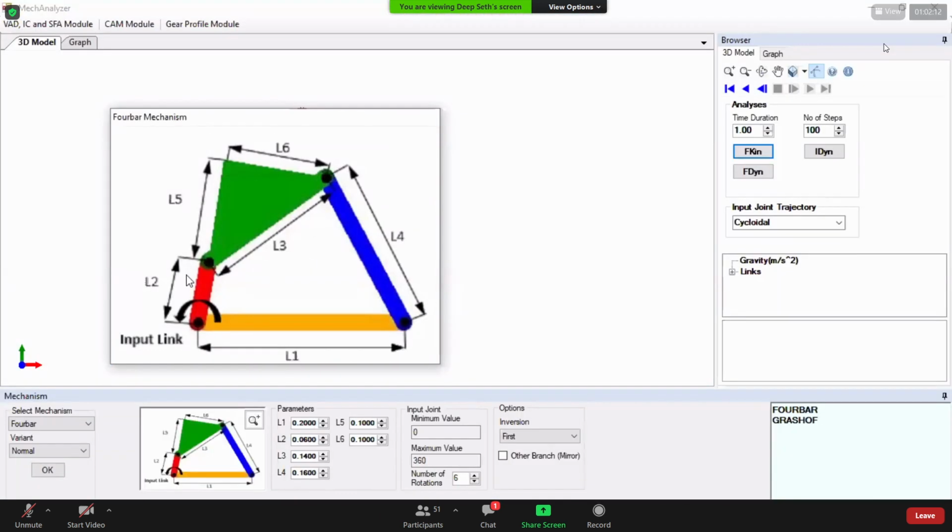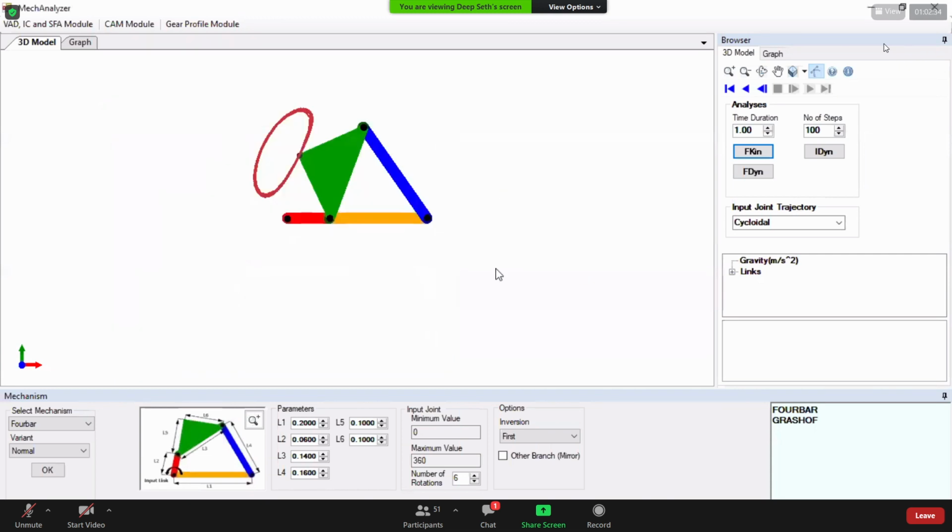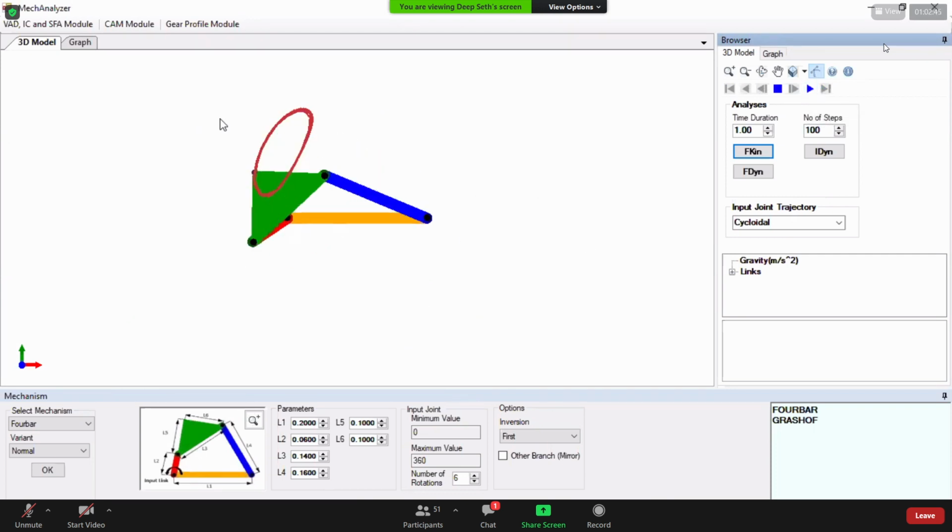So this was your 4-bar mechanism, and this is your coupler, which is further extended by L5 and L6. At the end of it, we have fixed, let's say, a pen to make a curve. Or you can also put a tool to cut something or do some extra task, whatever you want from it. So when we do the forward kinematics and see how this point is moving or making a curve, you can see it from there. See, this is making a curve, and this is actually your coupler curve.